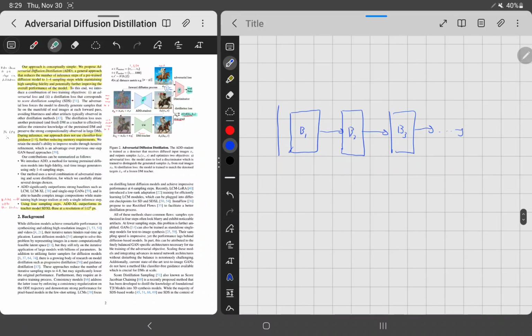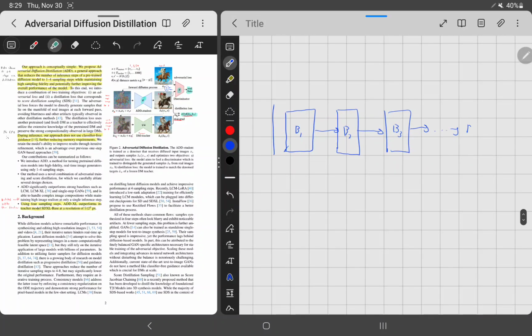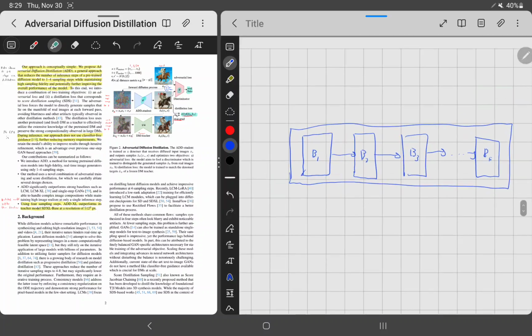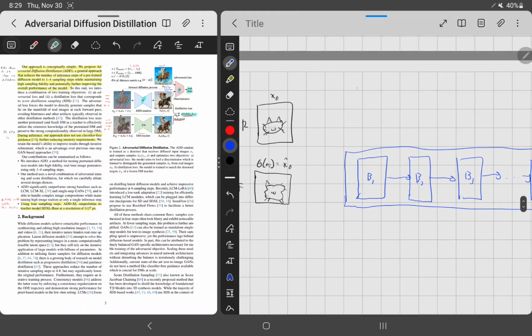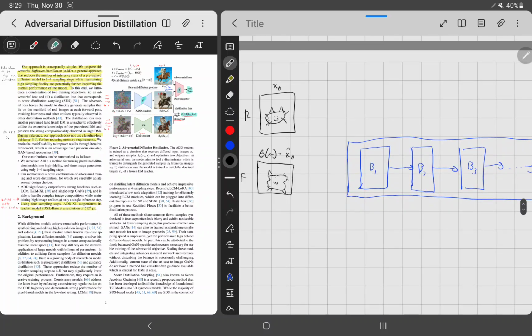So it's just a transformer, a stack of blocks. Maybe this will be B end. You just have a bunch of blocks. Normal transformer VIT. Now you also have other conditioning. So you do send these both through the model,